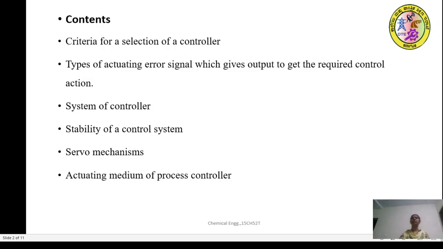and based on the mode of control action in a controller, we have compared the different modes of control action such as P, PI, PD, and PID based on their offset, their output, their oscillation, the time period of oscillation, and the mathematical equation based on the output of the controller. So these are all the topics which have been covered in the last sessions of Unit 3 of Instrumentation and Process Control.